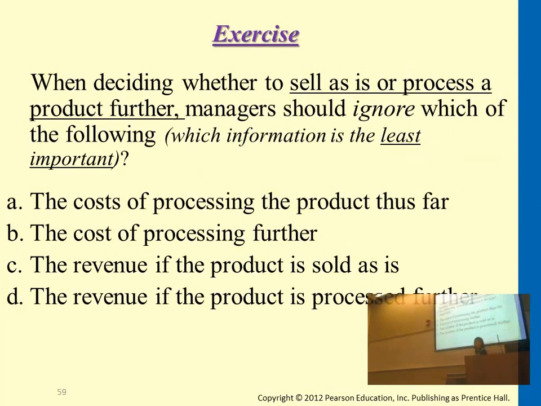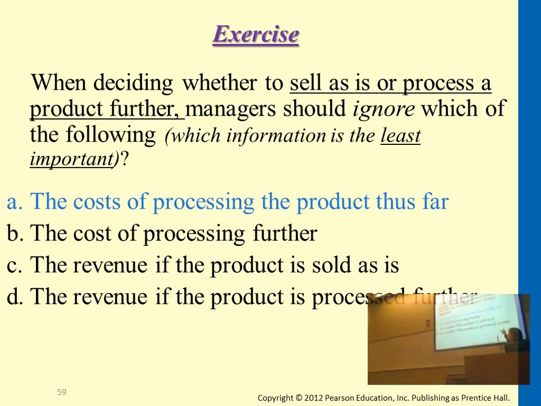Okay, decide whether to sell as is or process further. What do you need to ignore? Not consider, nor ignore. A, B. The cost of processing further, B, is definitely something we need to consider. Remember the gasoline example, $7,500, the cost, any machines, techniques you're purchasing to help you process. So this one would be A, because whatever the cost you used thus far, remember that's sunk cost. It's not really relevant to this decision.